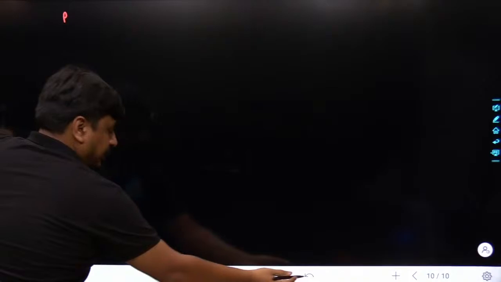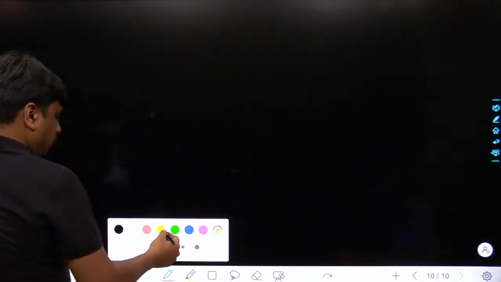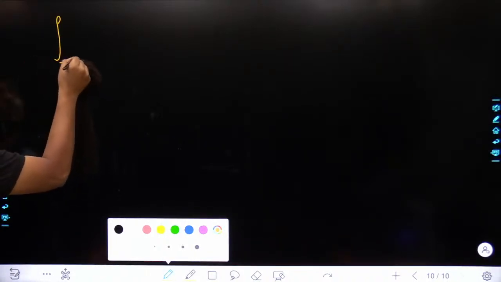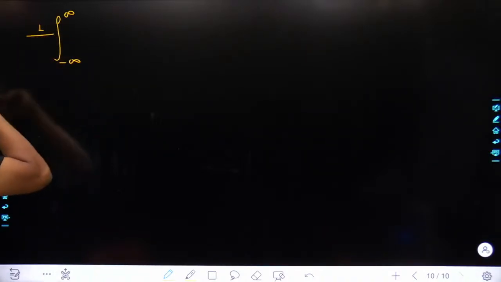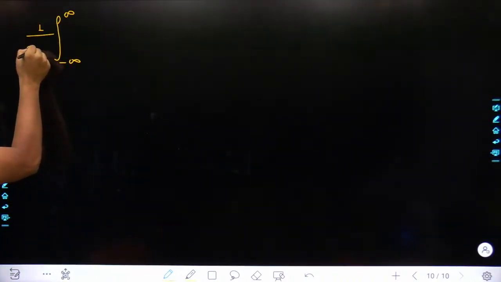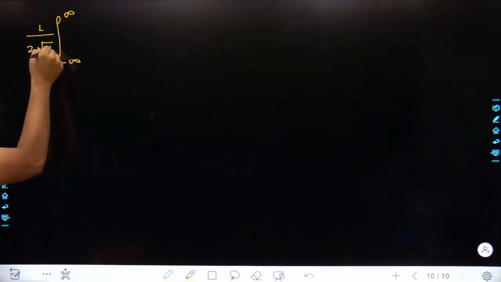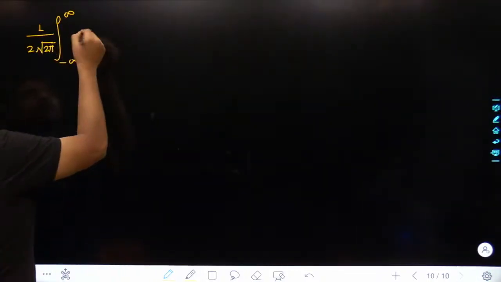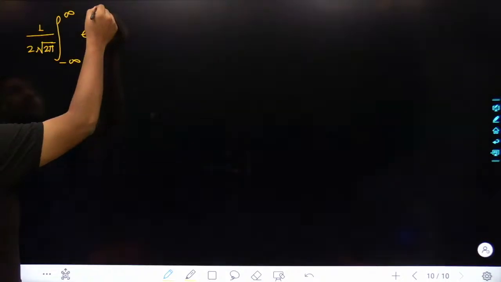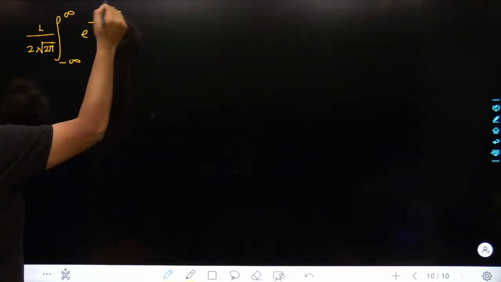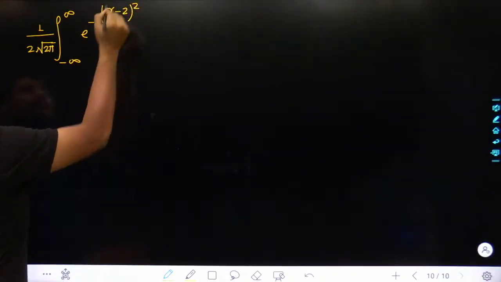The problem is the integration, again taken from minus infinity to infinity, and here we have 1 over 2 root 2 pi, e raised to the power of minus (x minus 2) raised to the power of 2, and towards the denominator side we have